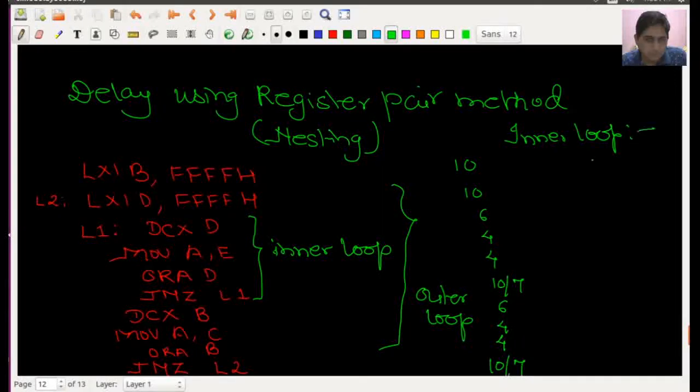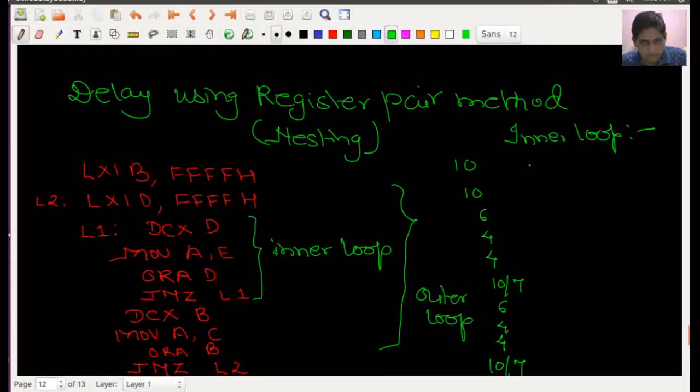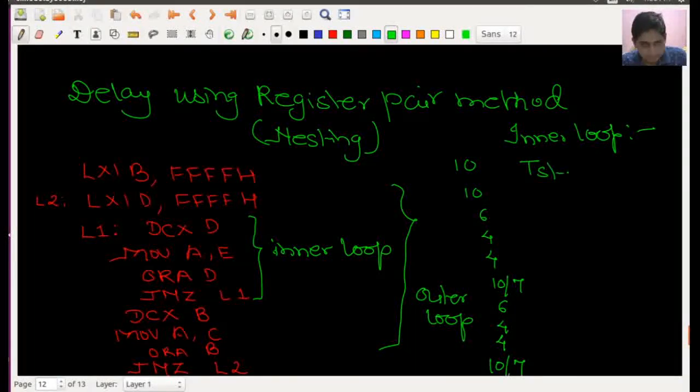For your verification, the maximum number of T states for the inner loop will be 1,572,847. So this will be the total amount of T states consumed by the inner loop.